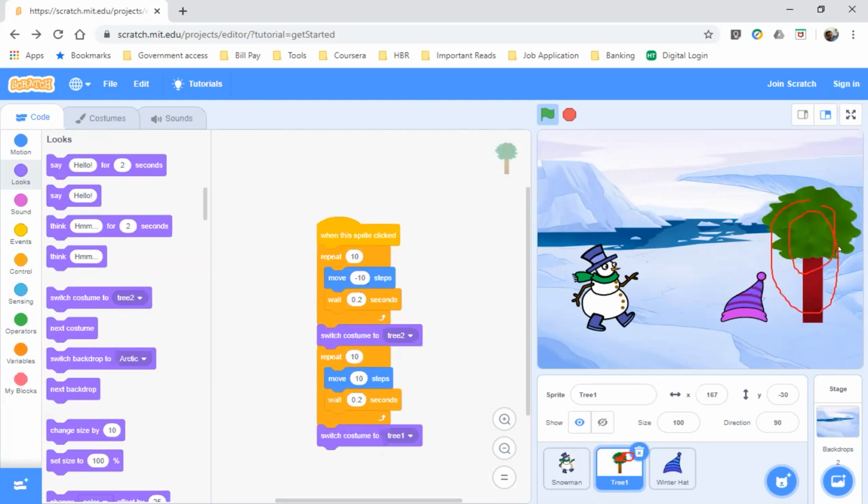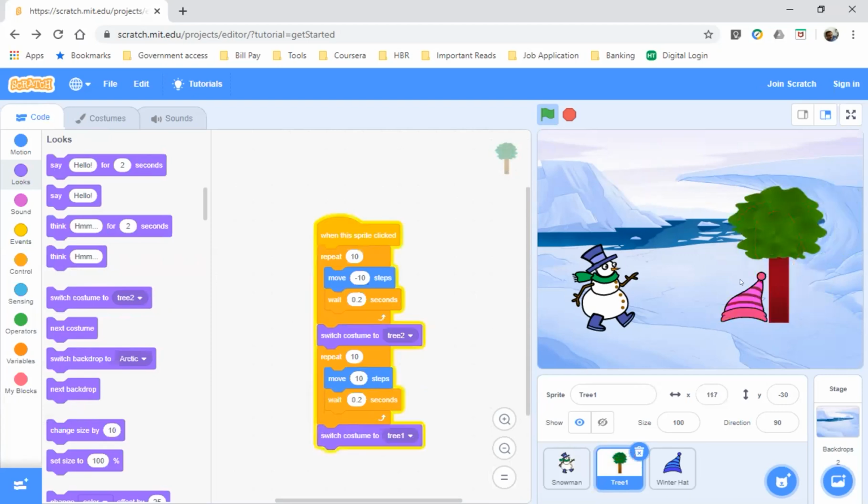Now let me go to Rakshita's screen. Rakshita, do you want to share? Sir, I'll share after one minute.